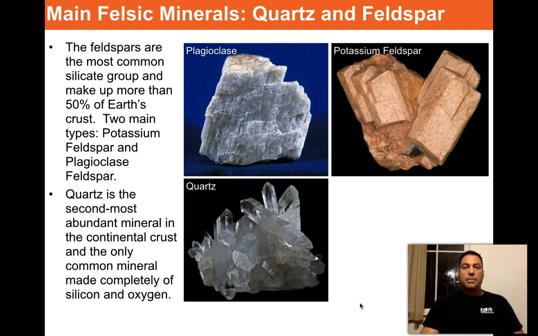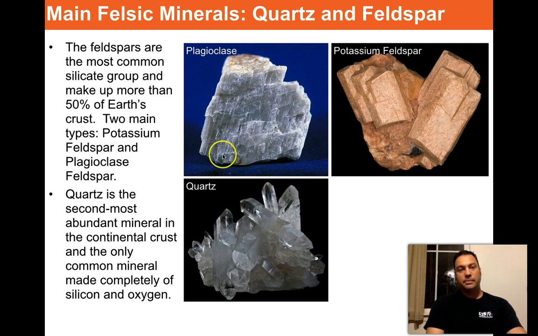So let's talk about the main felsic minerals, quartz and feldspar, as we go forward. The group that is most important are the feldspars. Why? Because the feldspars are the most common silicate group and make up more than 50% of Earth's crust. There are two main types, right? And I've got them right here. The potassium feldspar, which is also called orthoclase, and plagioclase feldspar, which is this white to grayish